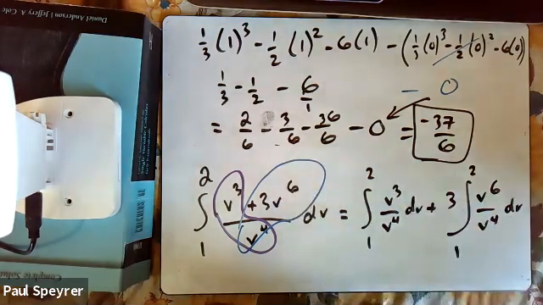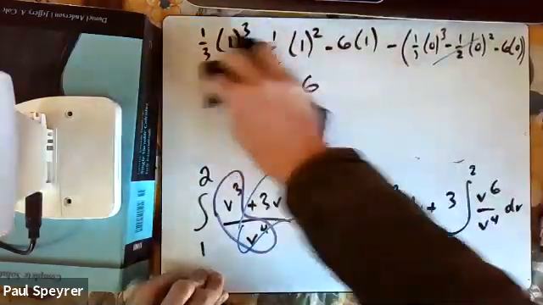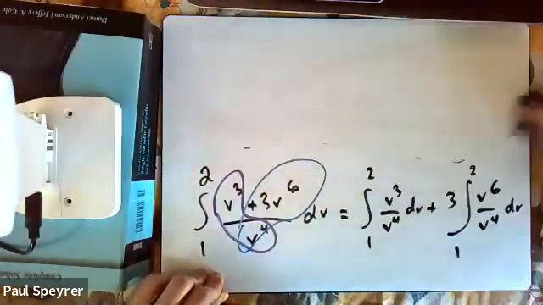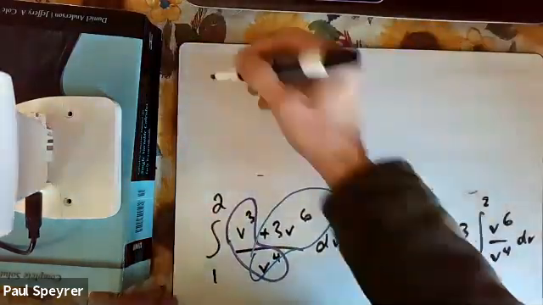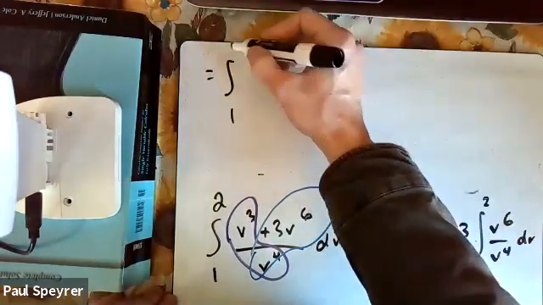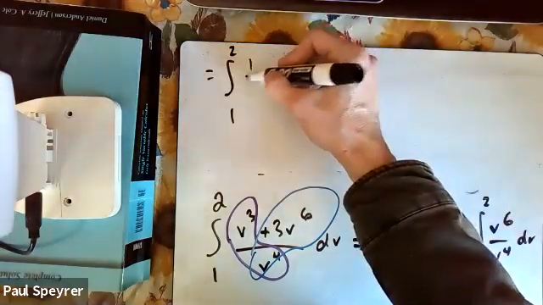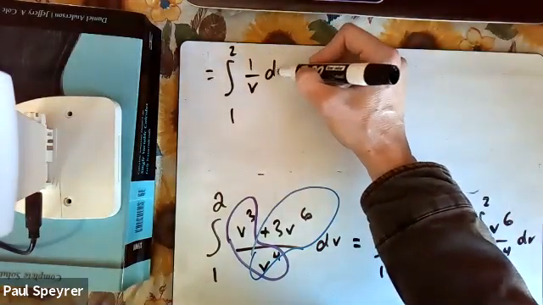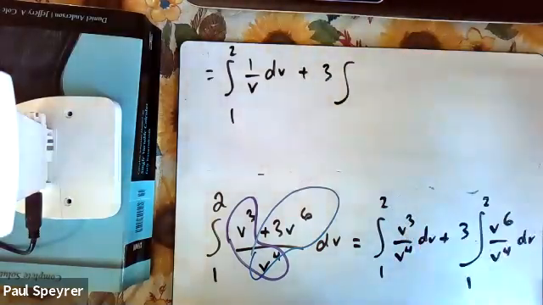Back to here. That makes sense. Let's continue to simplify this thing. The first one, we're not integrating yet, we're just simplifying. We still have the integral from 1 to 2 of 1 over v dv this time. And the second integral reduces to